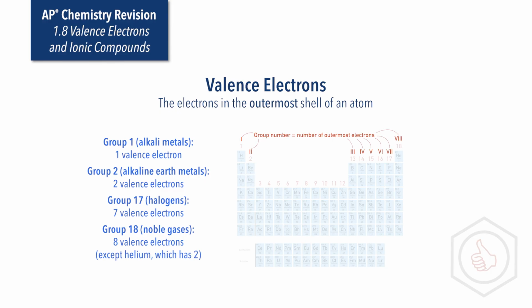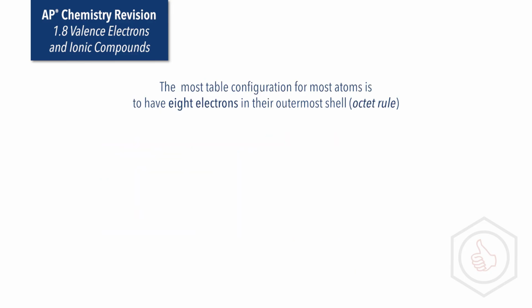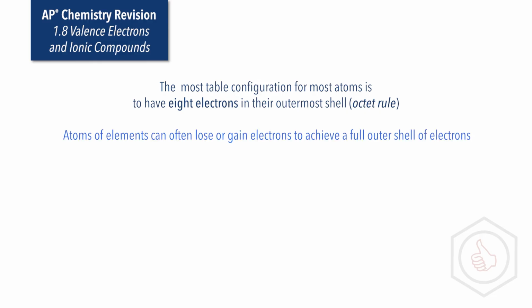The most stable electron configuration for most atoms is to have 8 electrons in its outermost shell. This is referred to as the octet rule. But there are many exceptions to this, especially transition metals. Atoms of elements can often lose or gain electrons to achieve a full outer shell of electrons and satisfy the octet rule. This forms charged ions, with the charge of the ion based on the number of electrons lost or